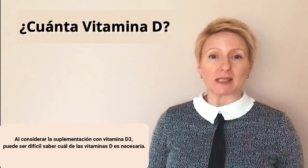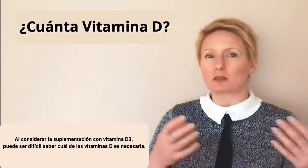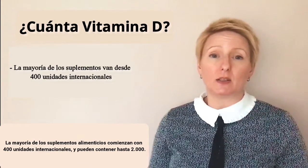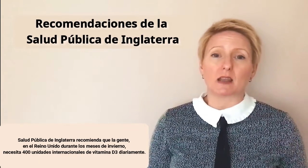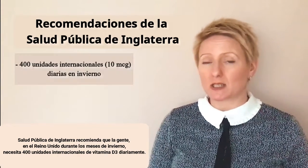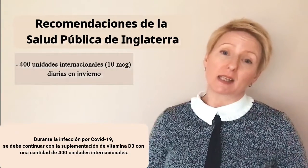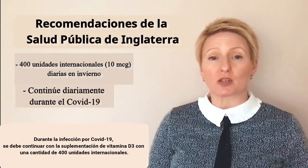When considering supplementation with vitamin D3, it can be difficult to know which strength of vitamin D is necessary. Most food supplements start at 400 international units and can contain up to 2,000 international units. Public Health England recommends that everybody in the UK during the winter months requires 400 international units of vitamin D3 daily. And public health guidance during the COVID-19 infection is to continue with vitamin D3 supplementation at a strength of